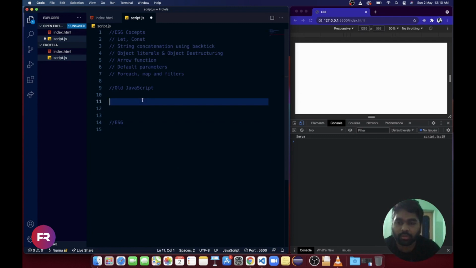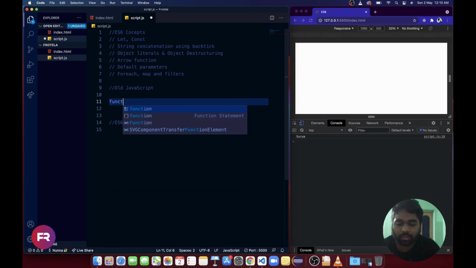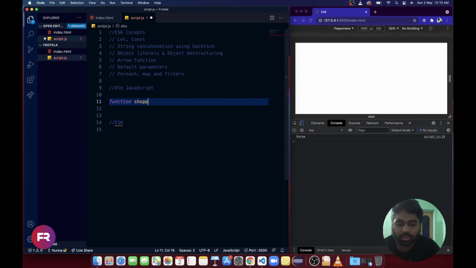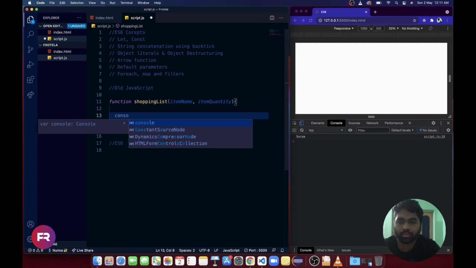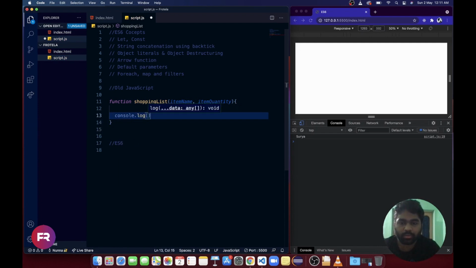Now in old JavaScript, how we used to write: suppose I'm having a function shopping list of item name, item quantity, and here if I want to print those, console.log of, I need this item with quantity of.